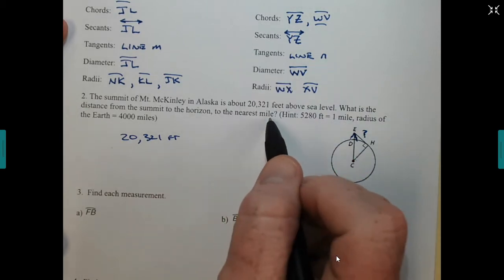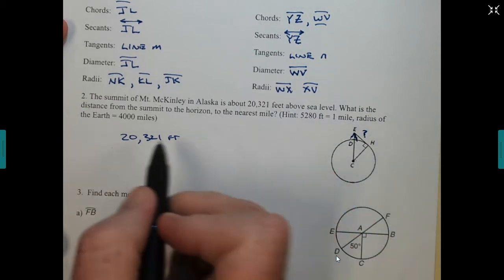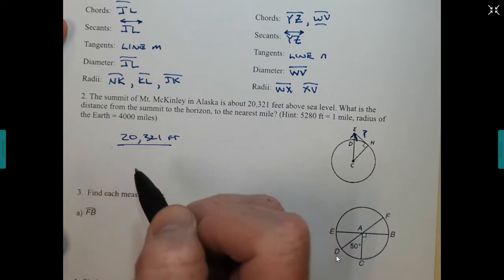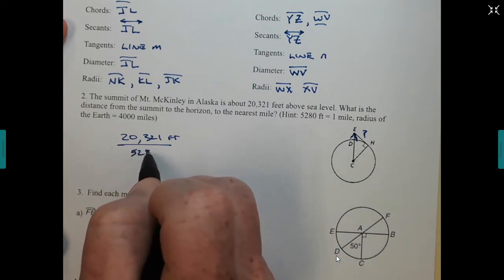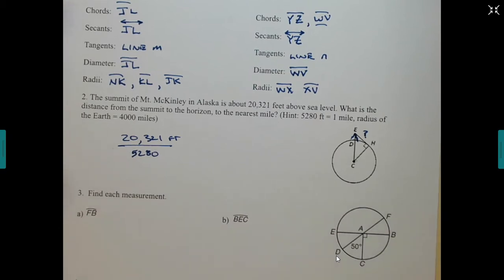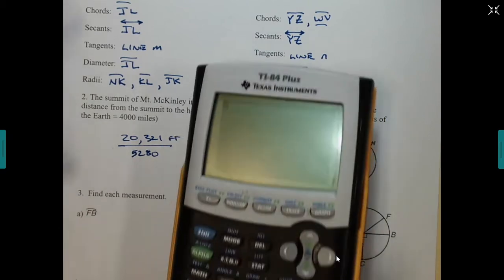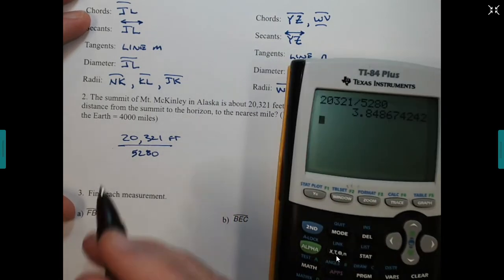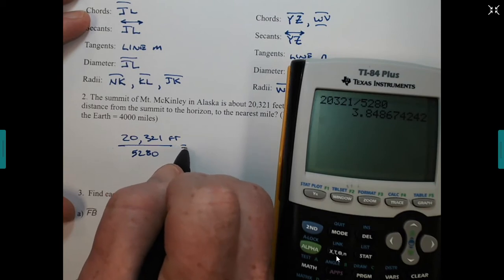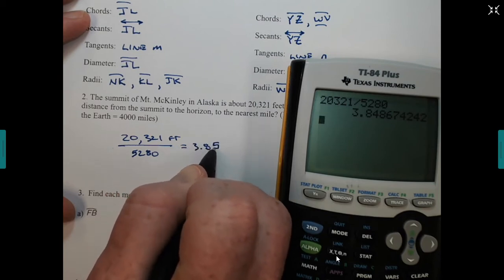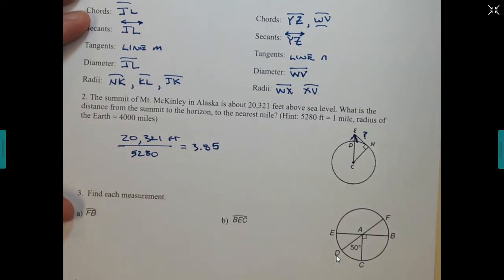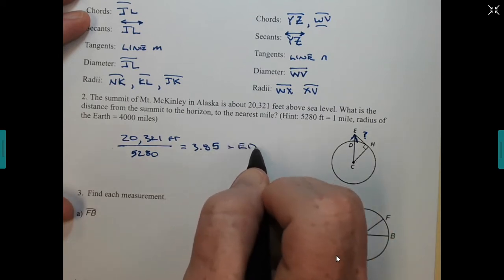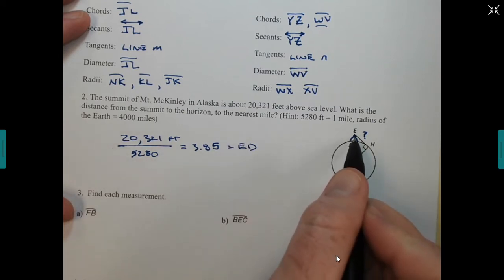To the nearest mile. So we don't want feet. So we need to find out how many miles there are. We're going to divide by 5,280. So let's see what the calculator says there. 20,321 divided by 5,280. The amount of miles we have is about 3.85 miles. And just understand that's from E to D, the height of the mountain off the surface